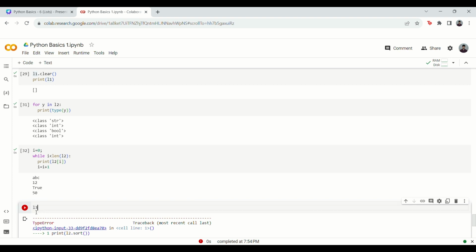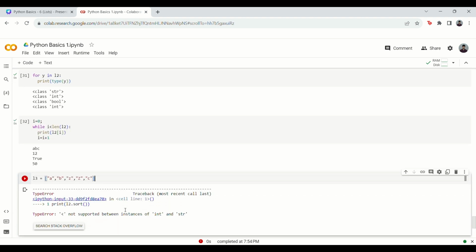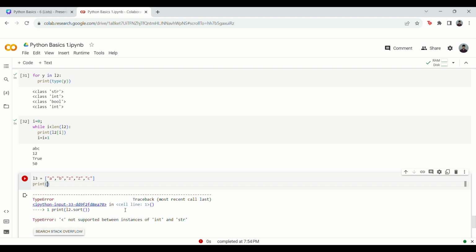So let us take a new list, and let's say L3 will have B, then we can have small z, we'll have capital Z, and let's say C. So now if I print L3.sort,